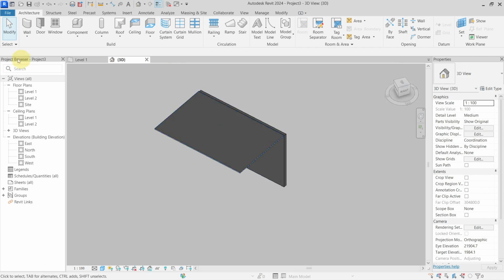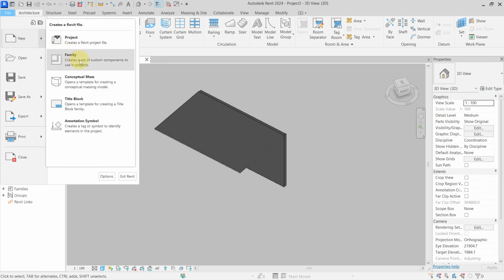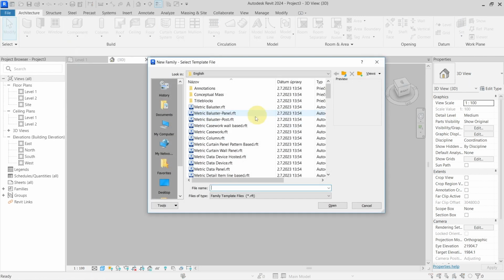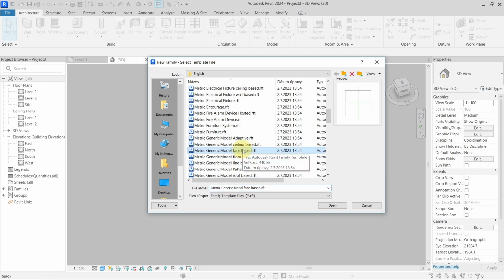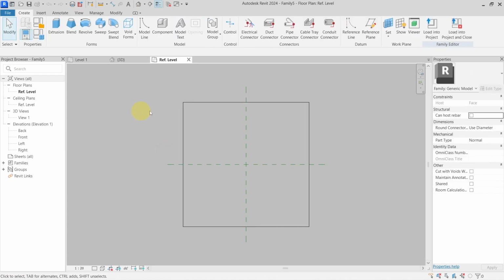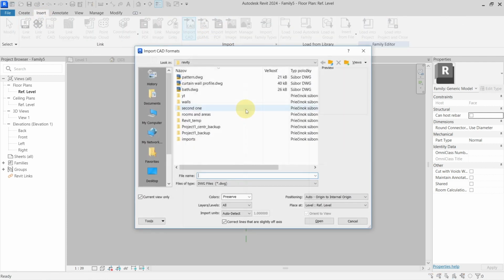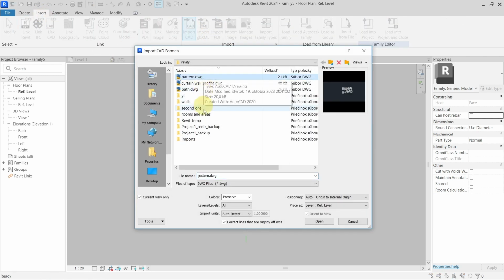system families. So I will go into my file, new family. I will create my generic model. Let's go with the face based. And now I'm in my family, and in the old way I will go insert, import CAD, choose my pattern file,